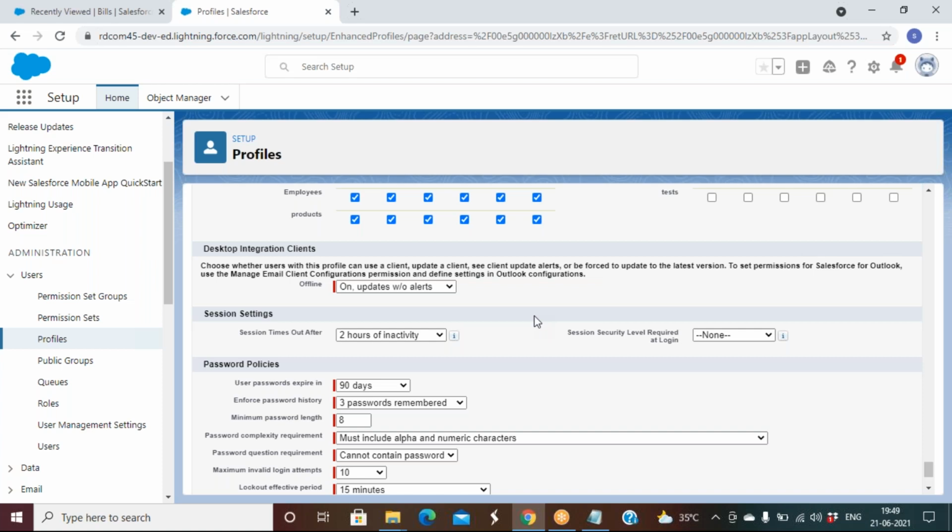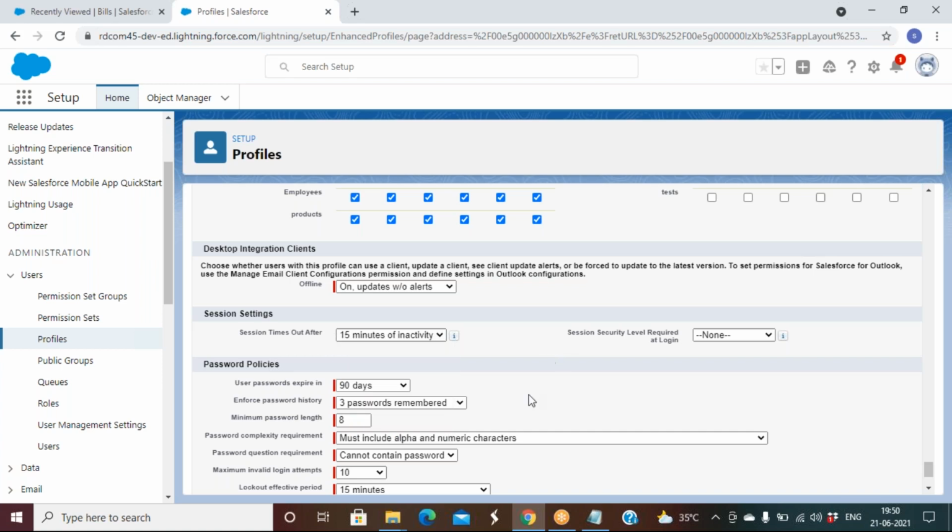So how long can we keep the sessions inactive? That can be from 15 minutes to 24 hours. If they are looking to make the application more secure, where the user logs in and is not doing anything for the past few minutes, and after that they want to log out all the sessions, then you can go with this option. It's up to the client, so we cannot force them saying, hey, we have to go with 15 minutes. No. We will tell them: you can go with 15 minutes, 30 minutes, 1 hour, 2 hours, 4, 8, 12 and 24 hours. After logout, what will happen? If they want to reuse the application, they have to log in again.